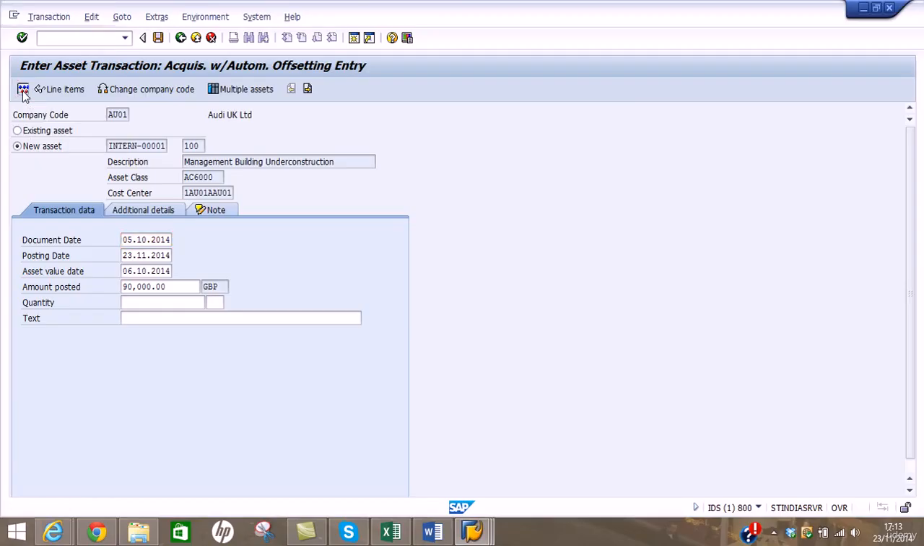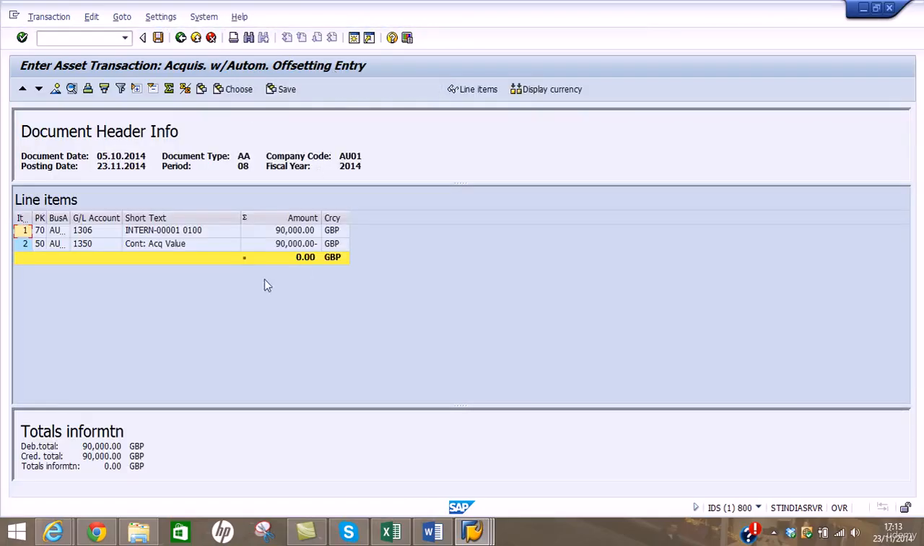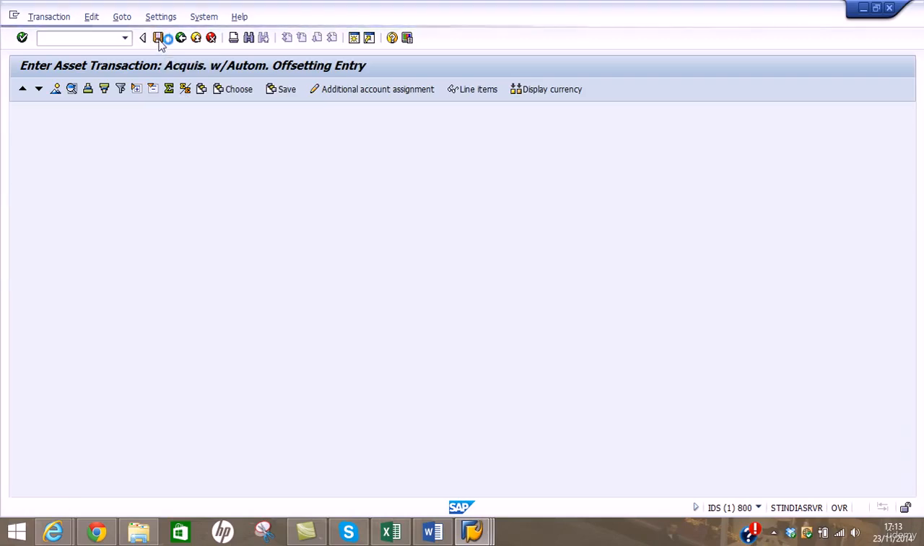Okay, click on simulate, and this will be acquired without vendor. Yeah, you can also see the heading acquisition with automatic offsetting entry. 90,000 and post. So the asset will be created, and it will be capitalized, yeah, you can use the word capitalized, but